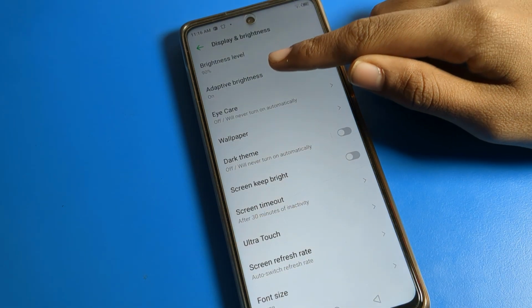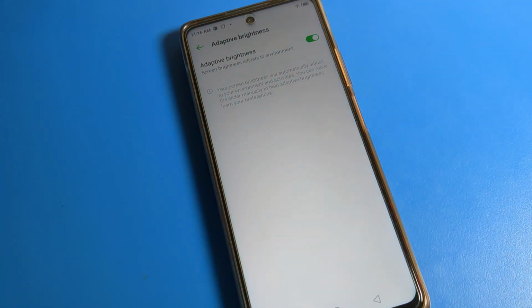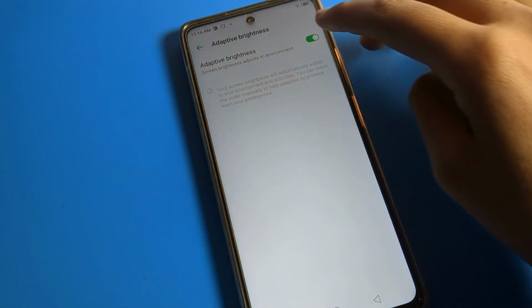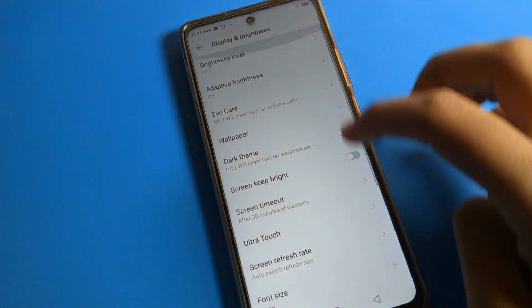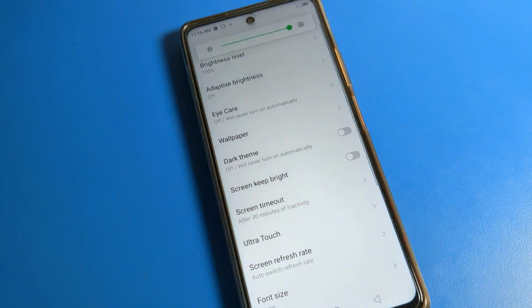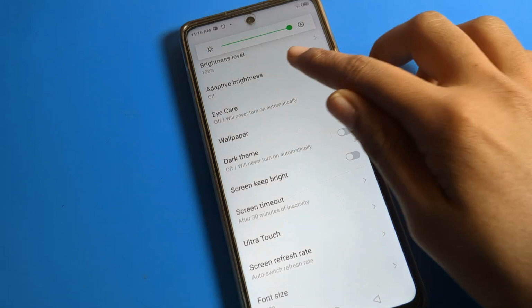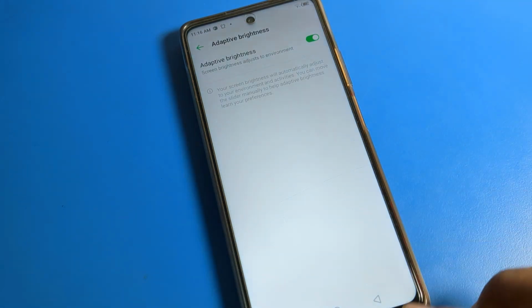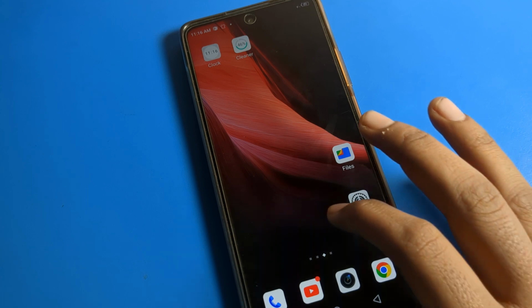Click on adaptive brightness. By mistake you may have turned on auto brightness and adaptive brightness, so only turn off that brightness setting. So friends, your screen brightness will not increase or decrease automatically. You can check. And the second option, on any other device, if you don't know where your auto brightness